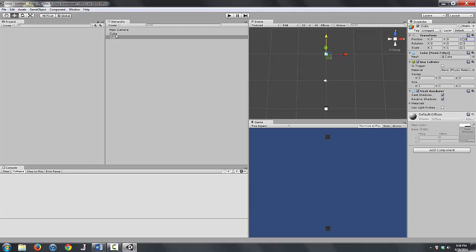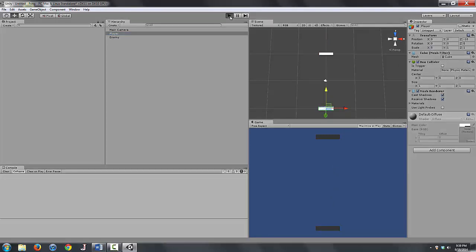Perfect. So we're going to call this cube player. We're going to call this cube enemy. So let's resize them a bit. Change the scale from 1:1 to 5:1 for both of them. So now they're actually starting to look like actual panels. So if we play the game,